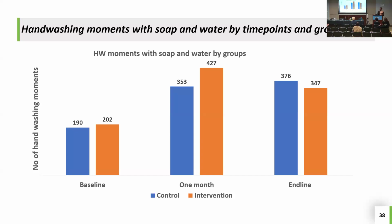Now again, what we should bear in mind, these moments are not restricted to one person who was in this homestead. It's all members of this home, both the children and the adults. And in some homes, of course, the population size varies. So we're observing all members in this home during the period we were there, which was always like 1 hour to 2 hours